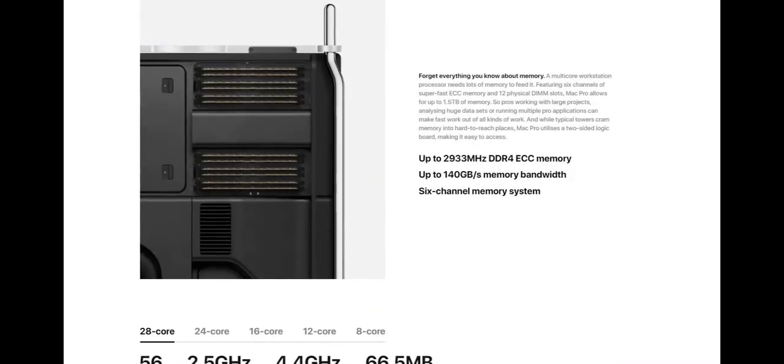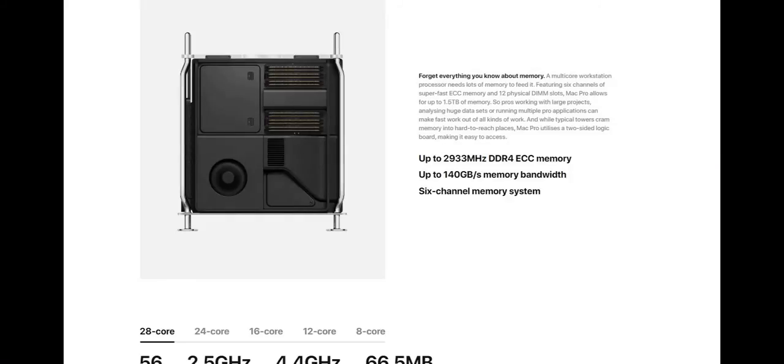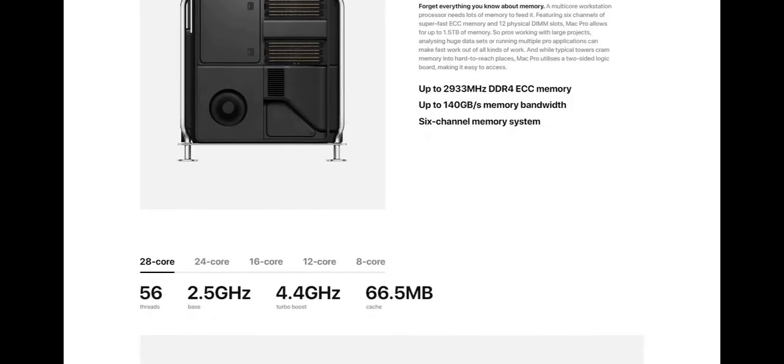It comes to everything you should know about the memory. It comes with ECC, with twelve physical DRAM slots. A Mac Pro allows up to 1.5 TB of memory. So pros working with large projects or data sets, or running multiple pro applications, can work fast on all kinds of work. And while typical towers tuck memory into hard-to-reach places, Mac Pro utilizes a two-sided logic board, making it easy to access. And coming to